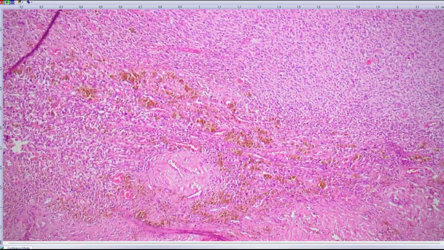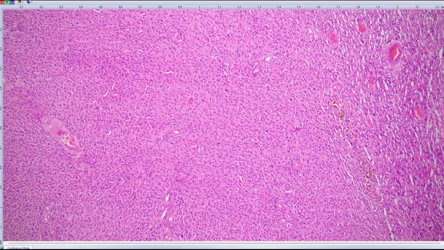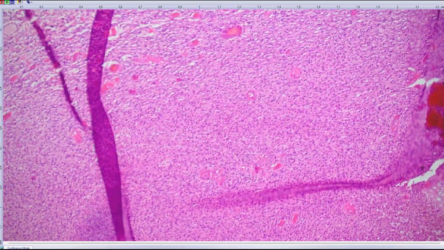If you think of doing MDM2 and are able to track down the amplification, you basically inform the patient that the prognosis is better. Dedifferentiated liposarcoma. Again, you should count the mitosis, look for necrosis, and basically do the French system grading, typical for